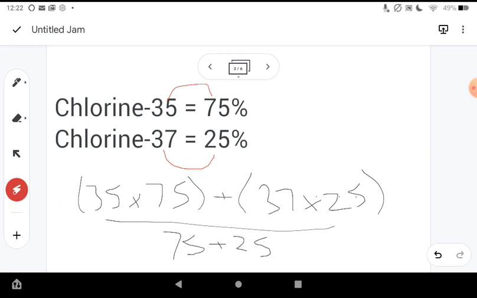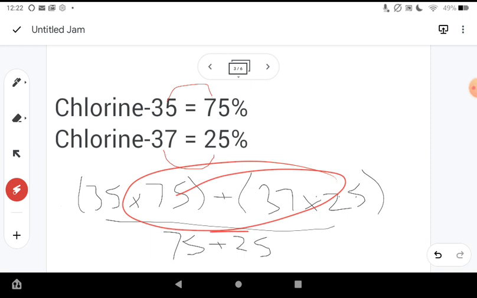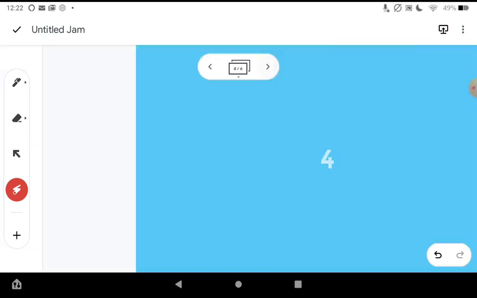So my advice would be do this first, and then this, then add them together, then add those together on the bottom. At GCSE, it'll pretty much always be 100, so you can normally get away with dividing it by 100, and then you divide that by whatever's on the bottom. So if I run through that,